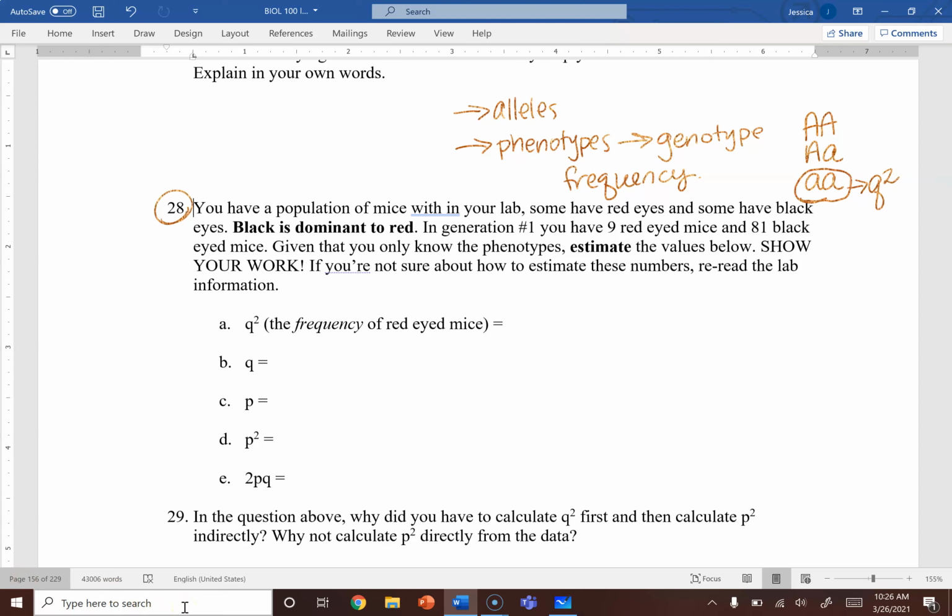If you are given information about a dominant phenotype, that refers to both P squared and 2PQ. If you're given a dominant phenotype, you cannot use it to calculate the frequency of P because you've got this little Q hidden in there. But if you are given a recessive phenotype